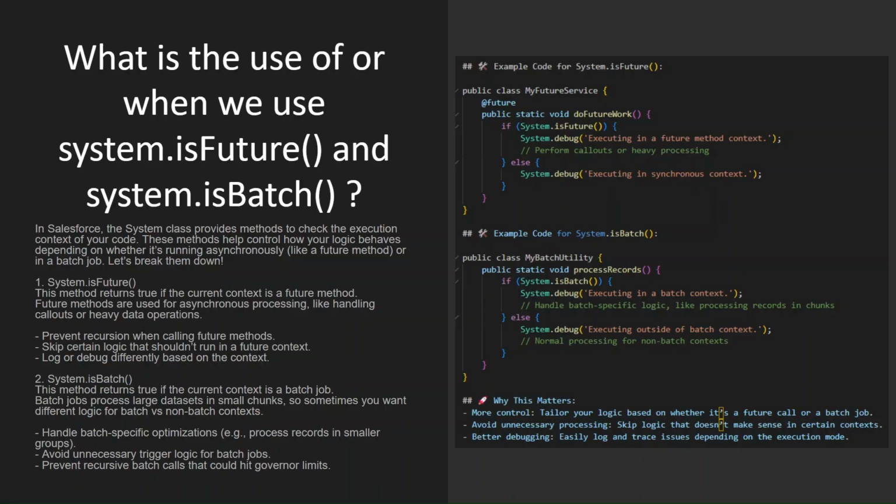And you can see the same in the example code here, that we have this example code for the system dot is true. So here you can see that we have used this system dot is true. So once this future method will be called, this will be executed. And for this example code for system.isBatch, you can see the same here, that